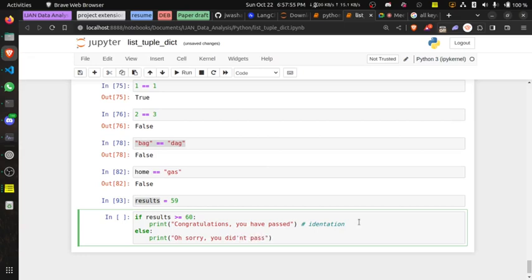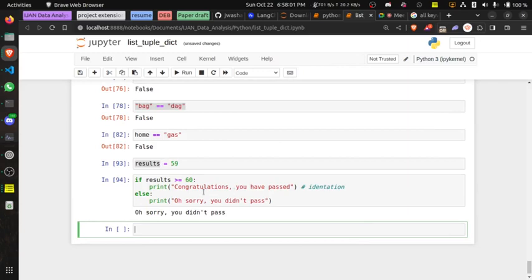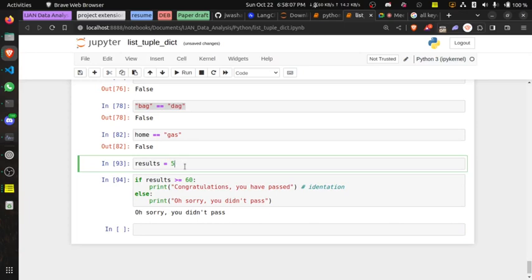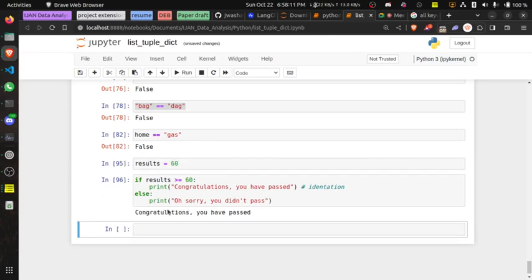So if I run this now, you see, sorry, you didn't pass because the result is 59. If I change these results to 60 now, you see that the output has changed.